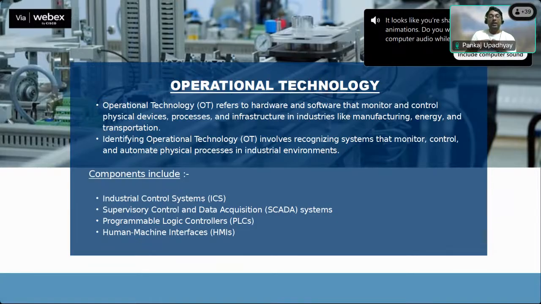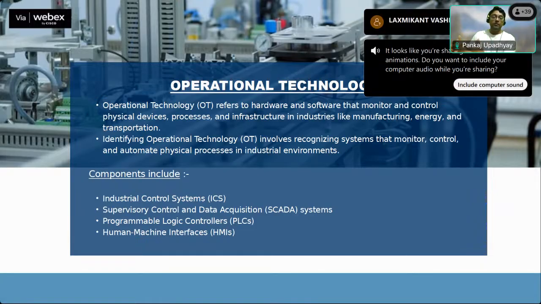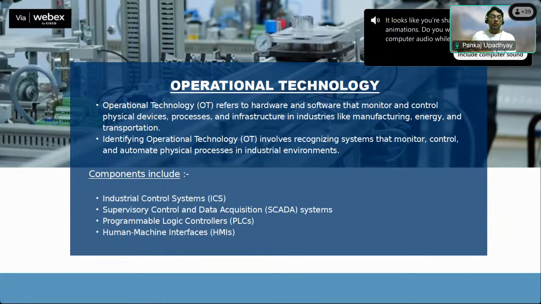So when we are saying it is OT, we are managing or controlling the physical devices. When we are running the huge plant, let's say the power plants, we do have transformers over there, we do have some relay systems. It's a big plant, you are taking some input, generating the energy from somewhere and then that energy is converted into electricity. So it's a huge process. How are you going to manage it?